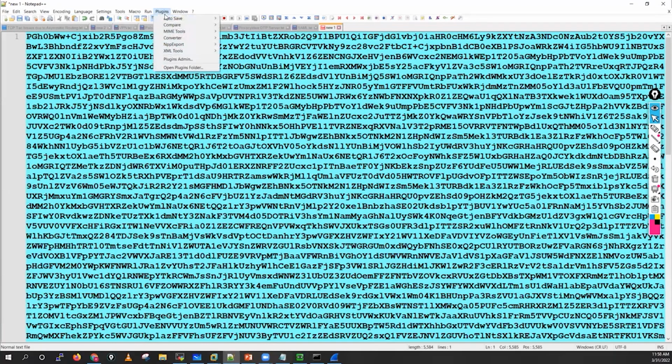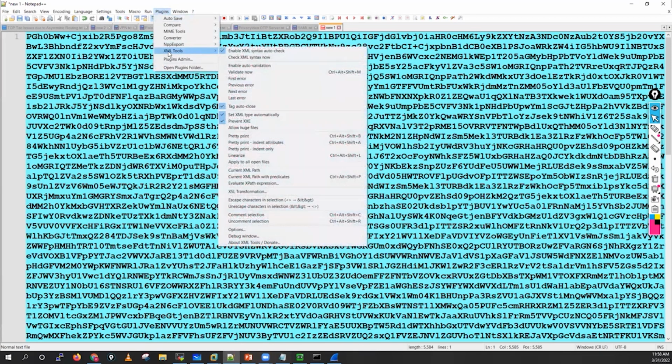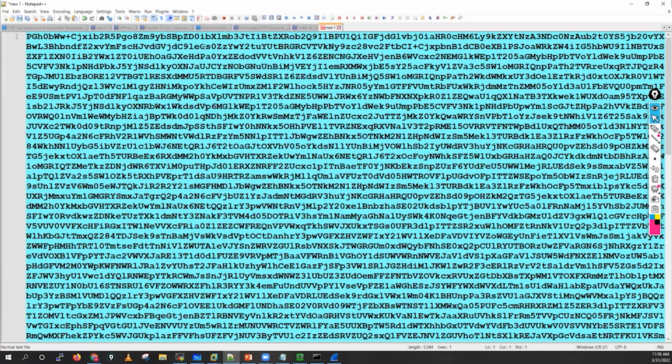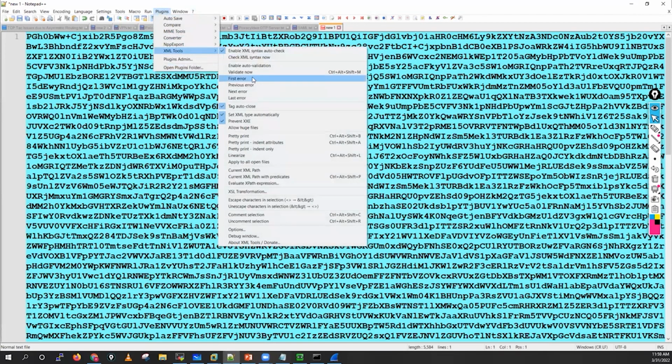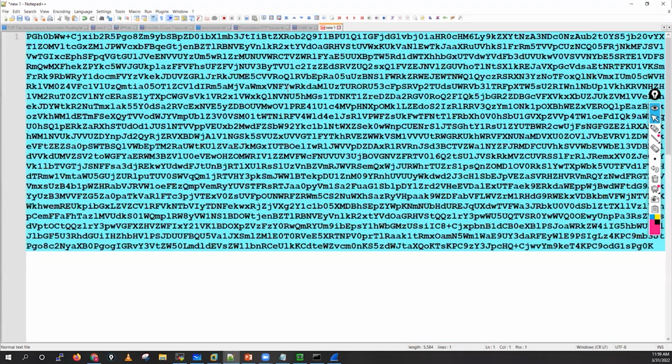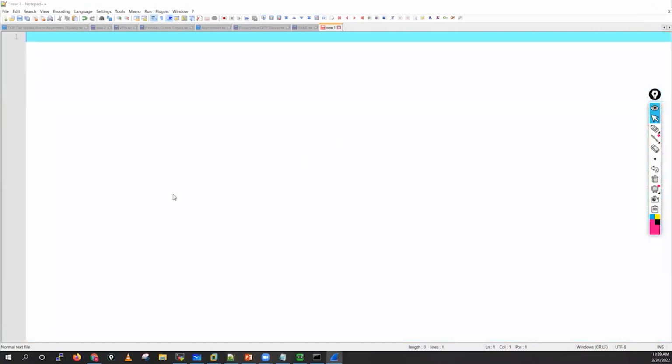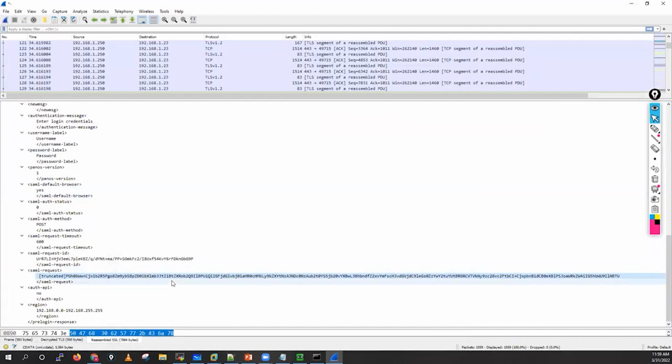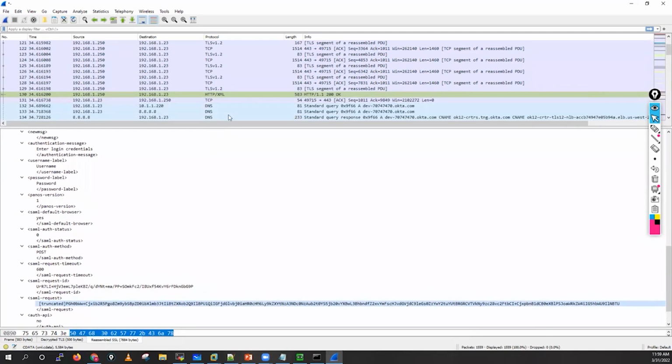Go into plugins, guys. You have to download the XML Tools plugin into your Notepad++. Go into Pretty Print, XML Tools. Okay, I think I will not be able to decode it here. Not an issue. So you will see this is the XML request, which is generated by the Palo